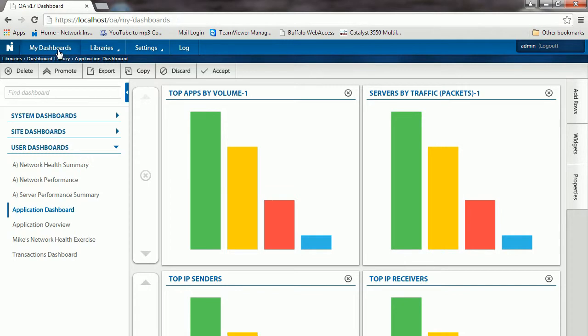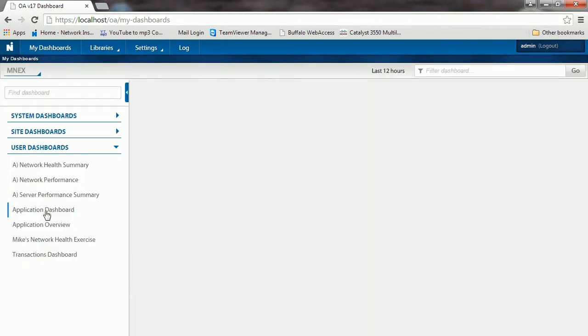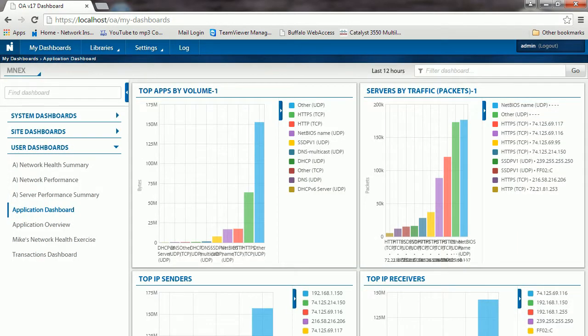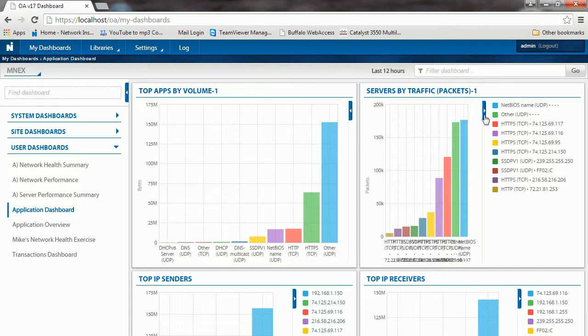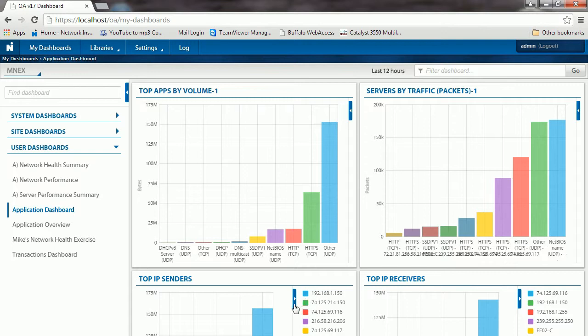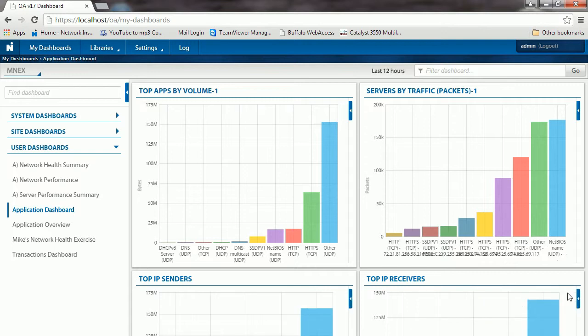So now if I go back to my dashboards, click on application dashboard, you notice now I have 4. And again, if I click the little arrows to move them over so that it makes it a little easier to see, I think there is our new dashboard. Once again, we can